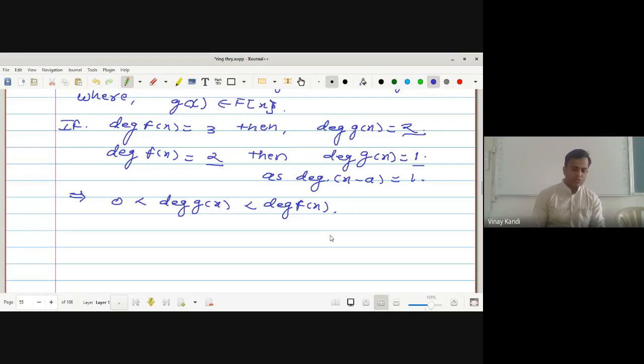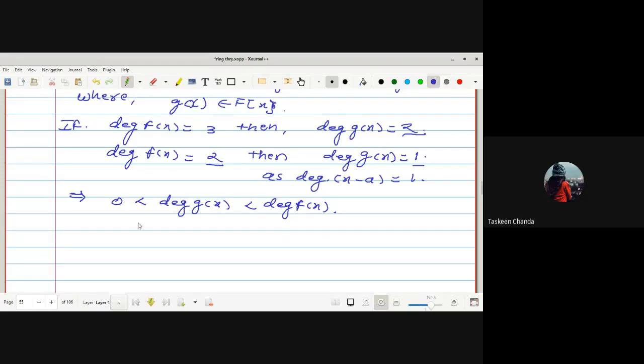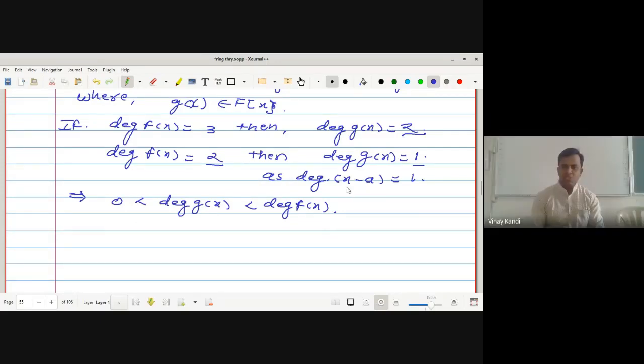Okay, any doubt? No, sir. And what is the g(x) here? It is x minus a. And also 0 less than degree of (x minus a) is less than degree of f(x). Thus in either case, that is in both the cases,